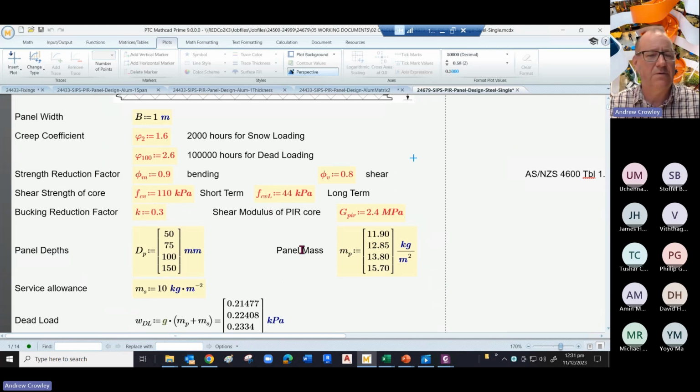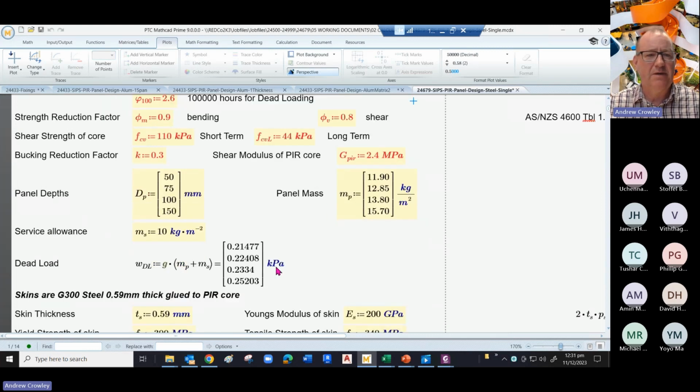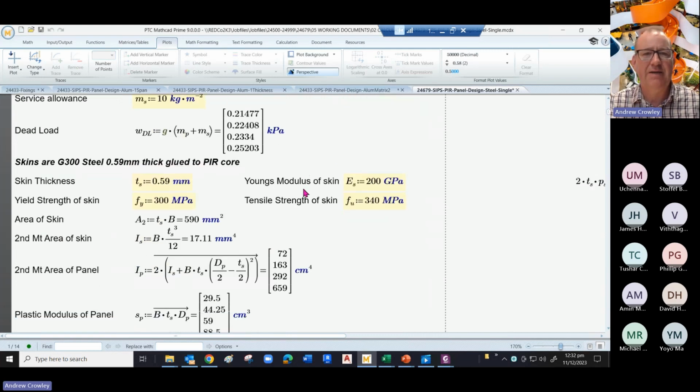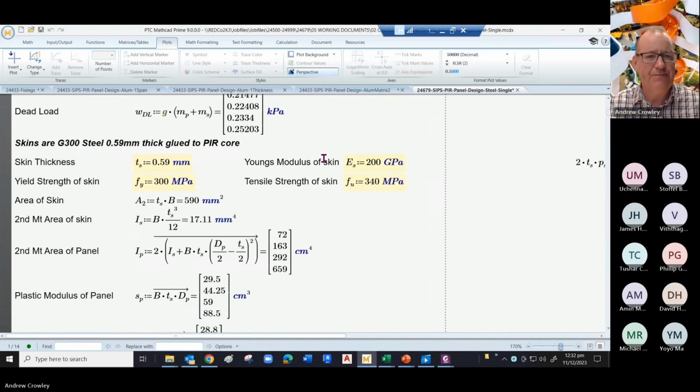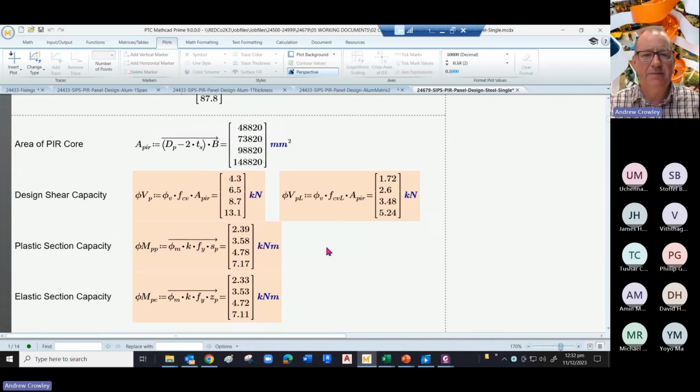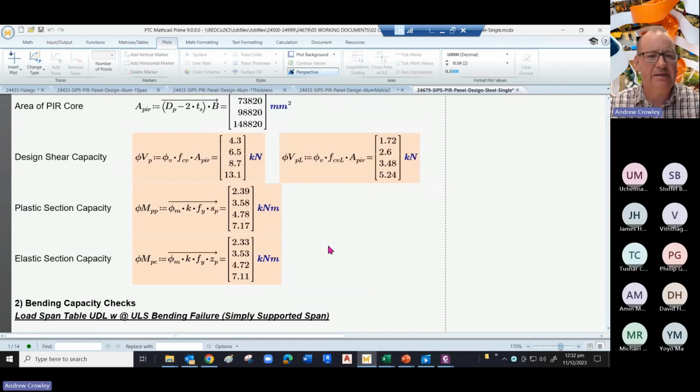Again, the 44 is quite conservative. So we pop those into our equation. We also take into account the mass of the panel, because we'll take it into the dead load. We add a service load, a mere 10 kilonewtons per square meter, to allow for lighting and cables and so on, minor light services. So we carry on, and we get the design shear capacity, the plastic section capacity, and